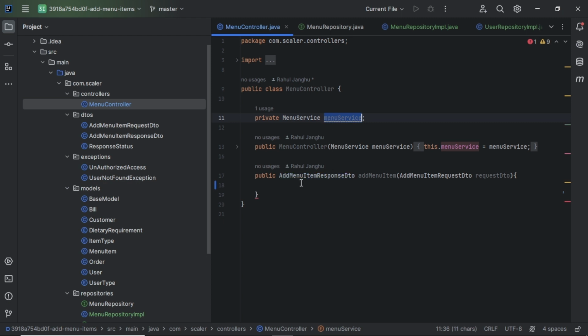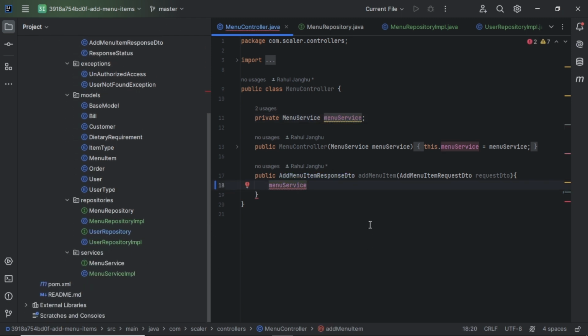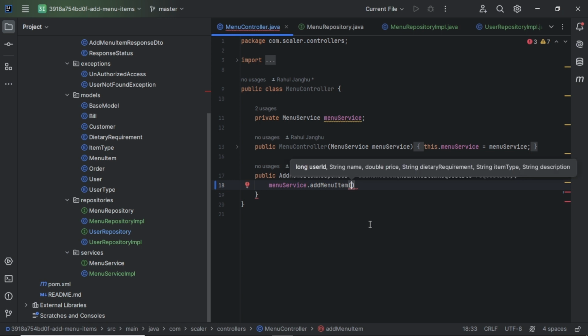Based on this menu services, we will use the add menu item method. It requires some fields. What fields are required? User ID, name, price, dietary requirement, item type, and description.